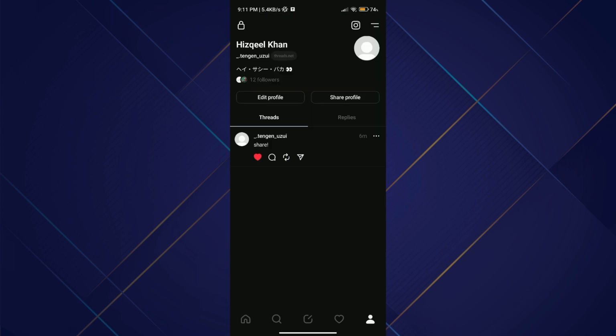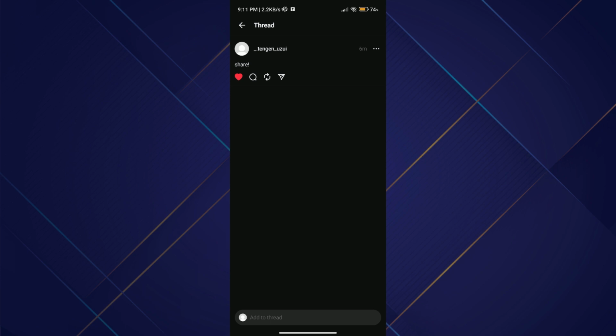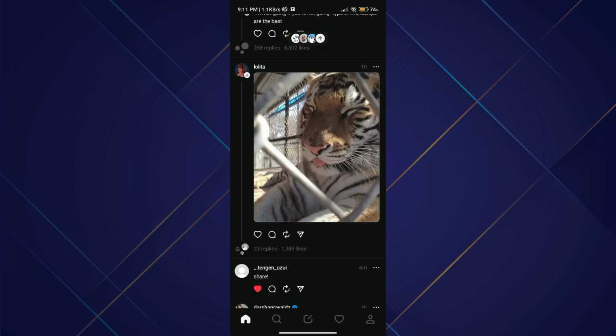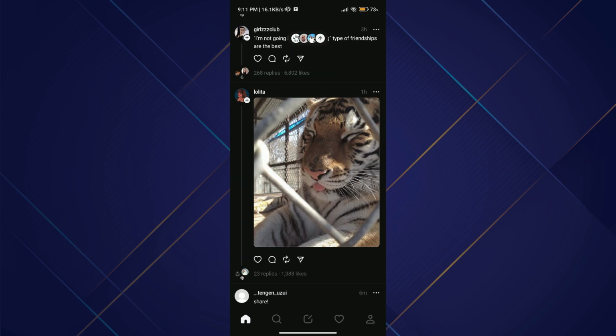If your thread has enough likes, you will be able to see them, but as I don't have enough likes, I'm unable to see it. Or you can simply go over to your timeline page and select a post or thread. Here you can see the ones who liked it or commented on it, so you know that they've seen your